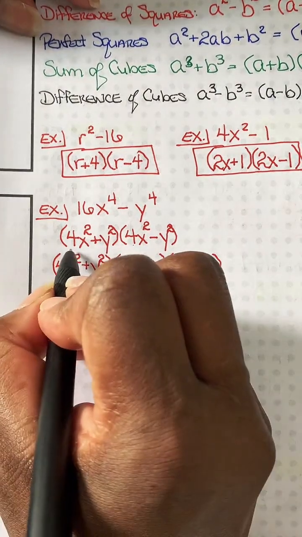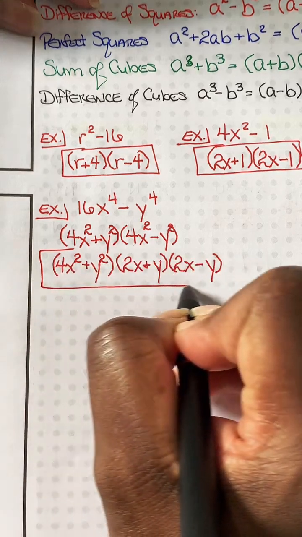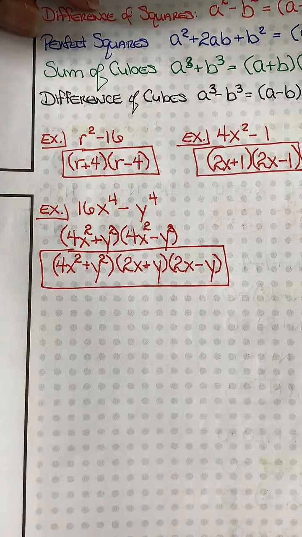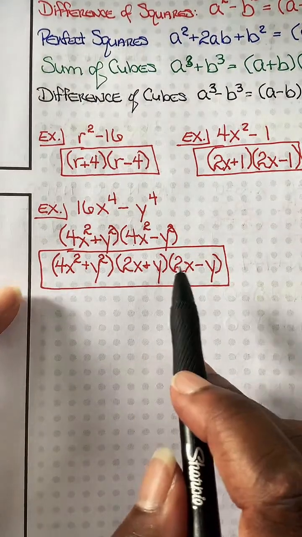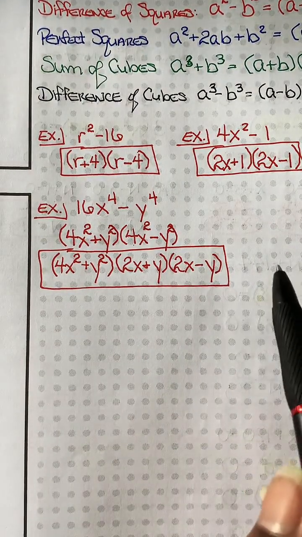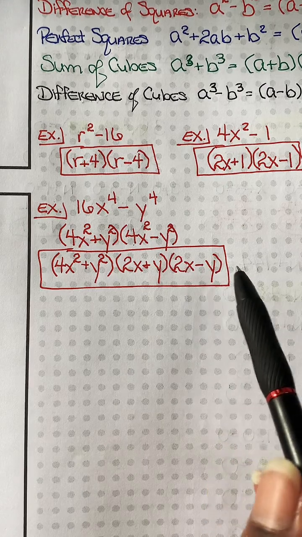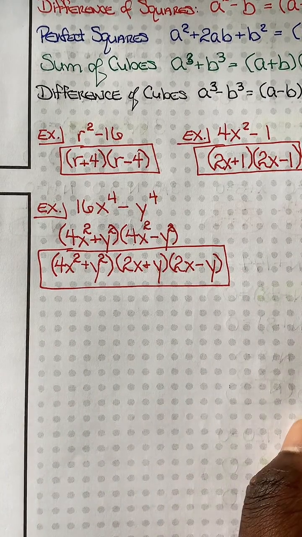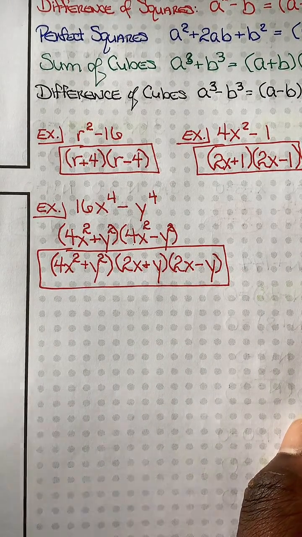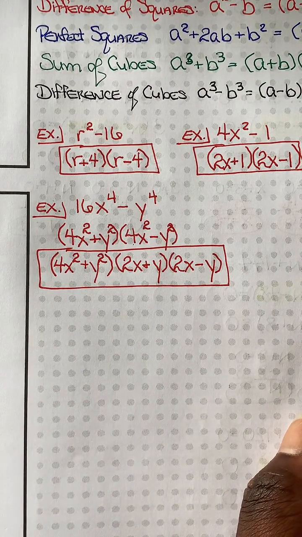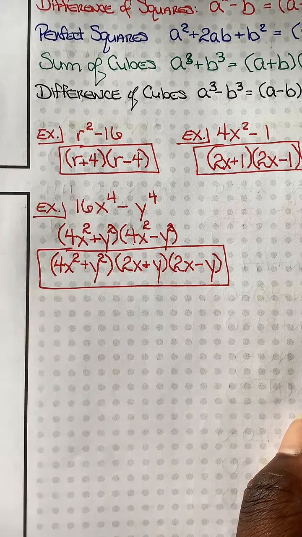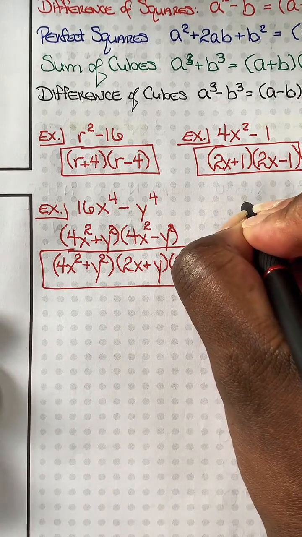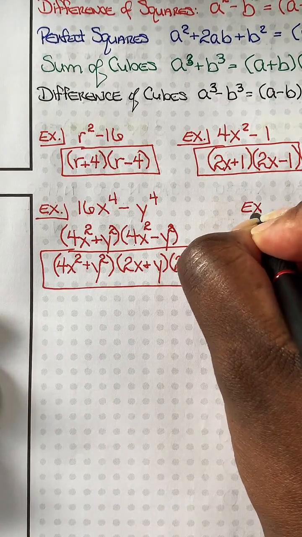All right. So this is your entire answer. Okay. So something like this, you went from, I want to say, Algebra 1 to Algebra 2 with that type of problem. But you notice you carried it over. Okay? All right. So that's the difference of squares. Once you can identify it, I want you to do this problem,